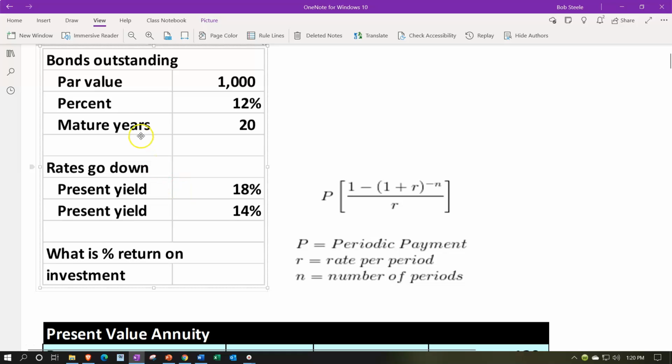Scenario: bonds outstanding, we have the par value of 1,000, the percent, the 12%. They mature in 20 years. We're imagining this is the information that you can imagine being actually on a bond, getting from the resource, the bond itself, if you actually had a physical bond. The items not on the bond would be, say, the market rate or yield. The present yield we'll have down here, which is going to be the 18%,